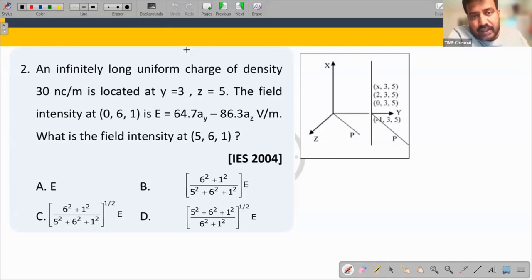Without solving, we can tell the answer. What is that? How? Very good, Dinesh. Had you solved it, or are you telling me some logic? Did you solve it, or